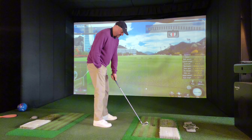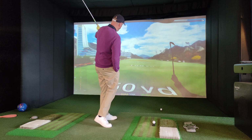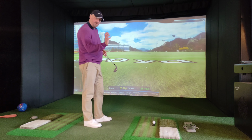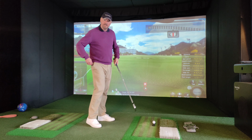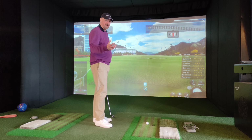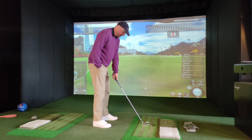So small swing. And that's gone quite well for a small swing with me physically trying to release the club. Okay, quite good. Now I'm predominantly right-handed, so I'm quite pleased that I'm able to demonstrate this to you in